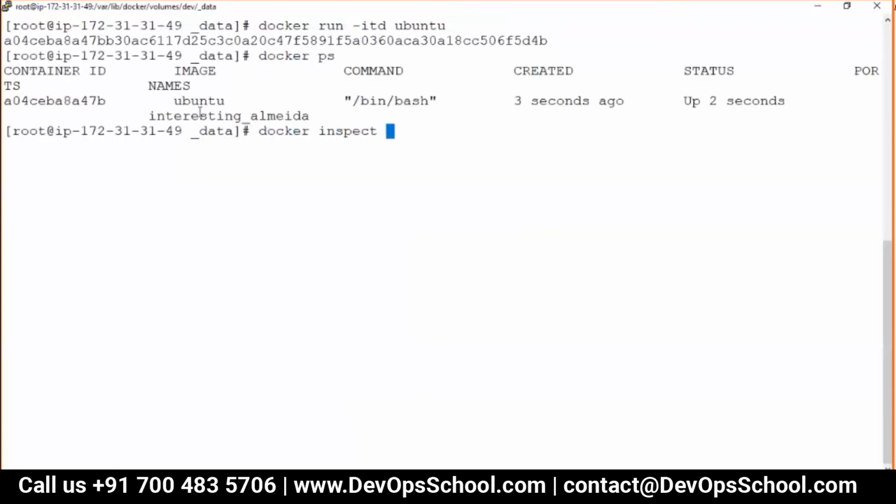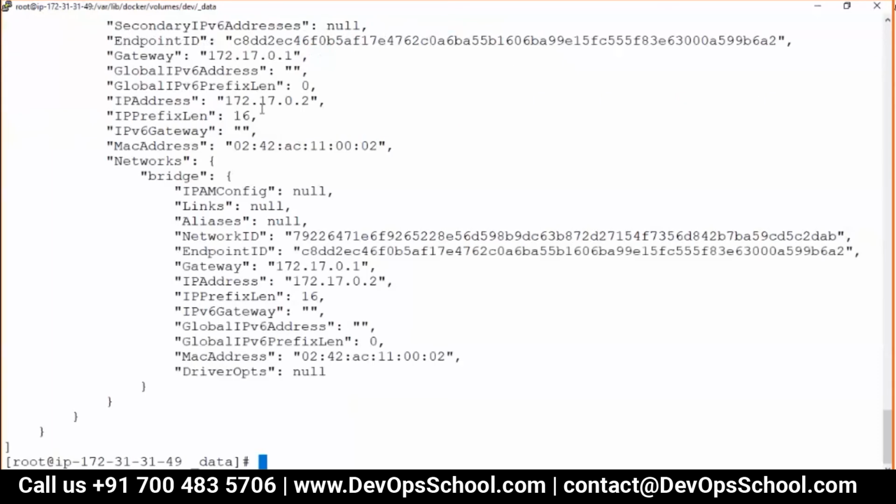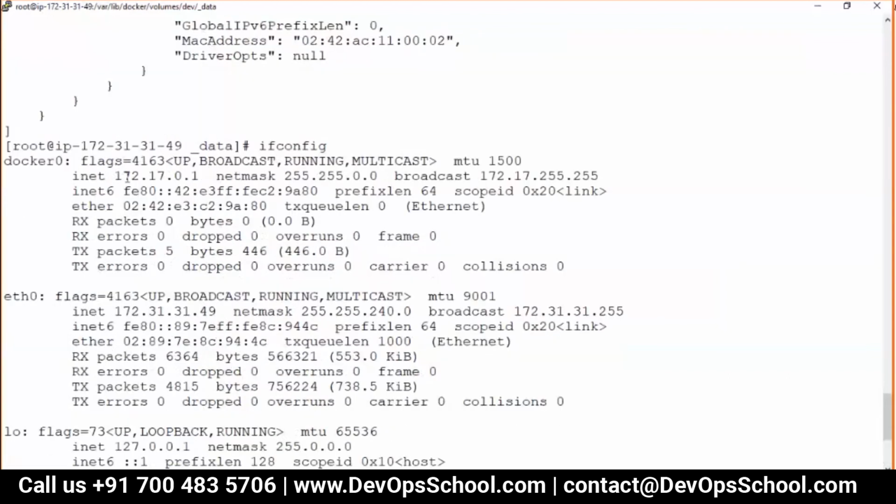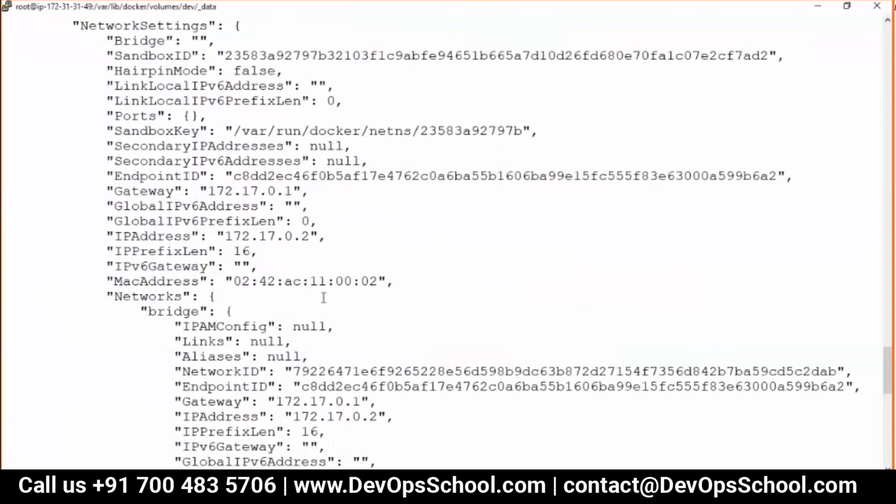Guys, here see the IP address is .2. The next one will be .3, .4, .5. Why not .1? Because .1 is the gateway. I told you, there's a networking rule. I cannot do anything over it. So this is the gateway. Same gateway, you see that in ifconfig. See here, same gateway, same one.